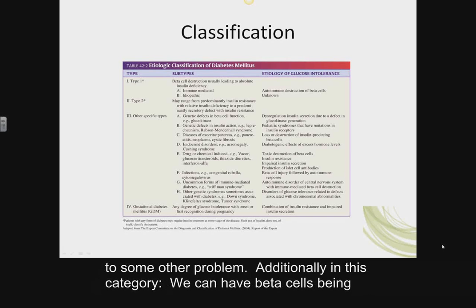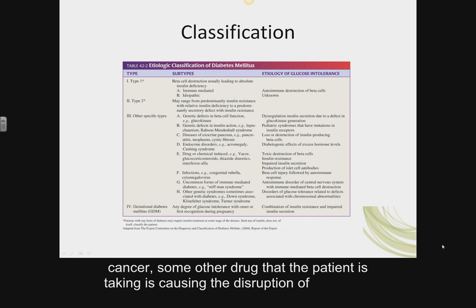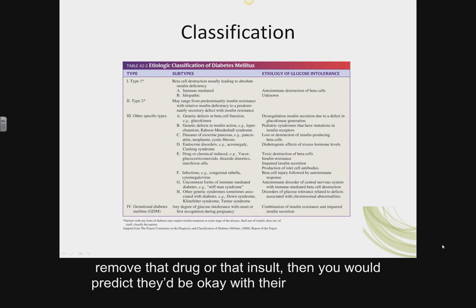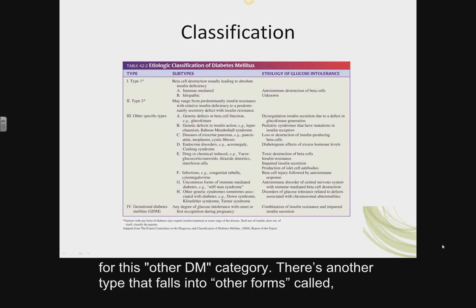So a person who has excessive growth hormone release will also have a diabetogenic effect. They will present with elevated blood glucose levels, but it doesn't mean that they are overtly having diabetes mellitus. The DM is secondary to some other problem. Additionally, in this category, we can have beta cells being compromised because of drugs that are being taken, like interferons. If the patient has cancer, some other drug the patient is taking is causing the disruption of insulin. It's causing the disruption of the glucose metabolism. If you were to remove that drug or that insult, then you would predict they'd be okay with their glucose levels. So there are a whole bunch of different scenarios that fall into place for this, quote, other DM, unquote,